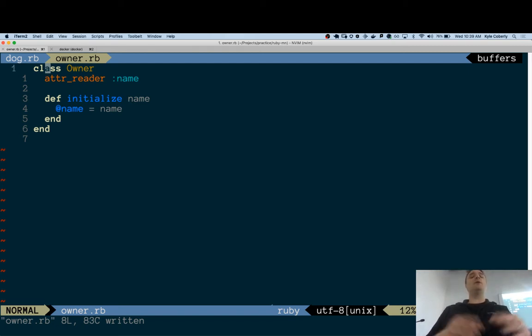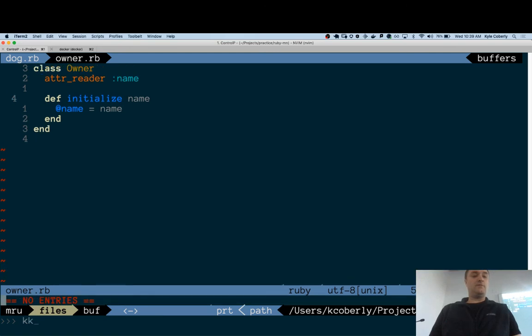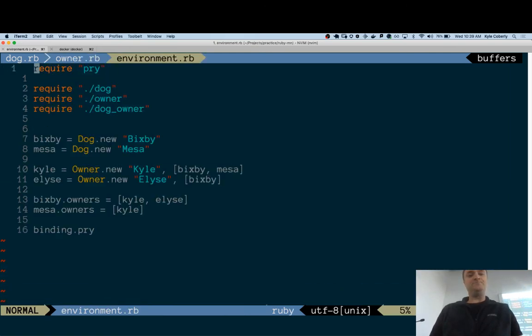And as we get more into application design, that's a thing you keep thinking about. What does this have to know about? If this can not have to know about what dogs it owns, that's better. Okay, so I've cleaned those up a little bit. We go back over to the environment file. We'll get rid of this stuff.